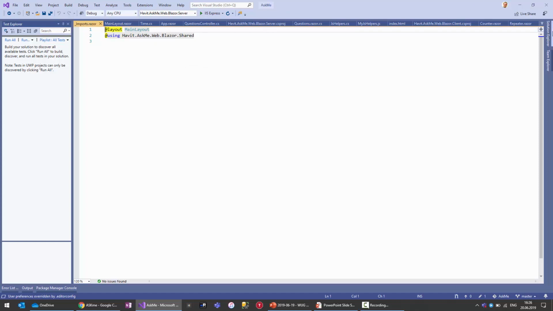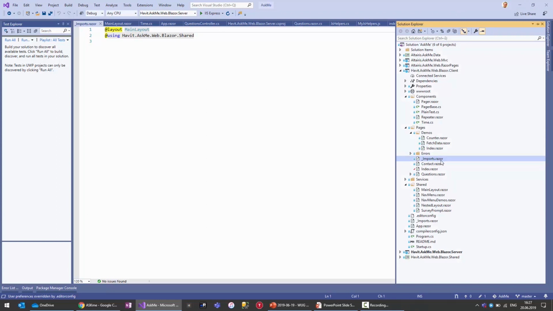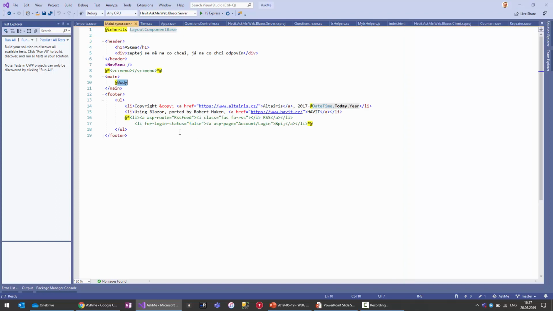So in this case, this means that this imports Razor file becomes part of the C# class being generated for every single component in this folder and all the subfolders. But you can create a separate imports Razor file in any other folder, and this is being used by those files. But what I wanted to show you, in the main layout, I've got my own component here, the menu component,